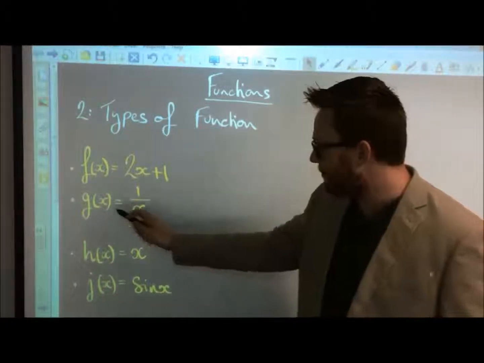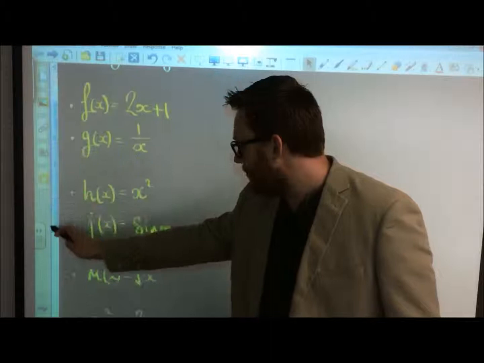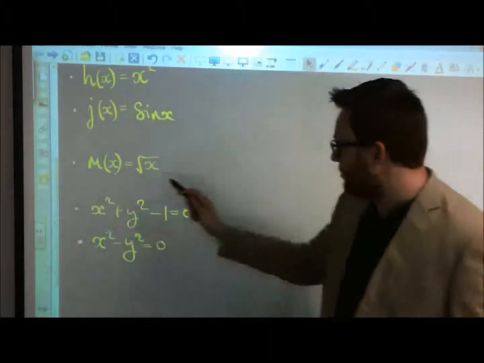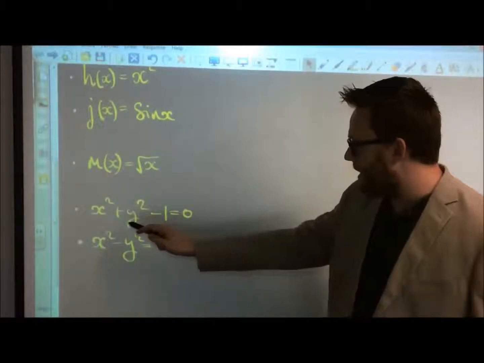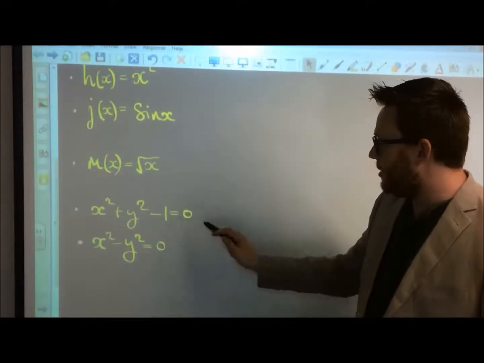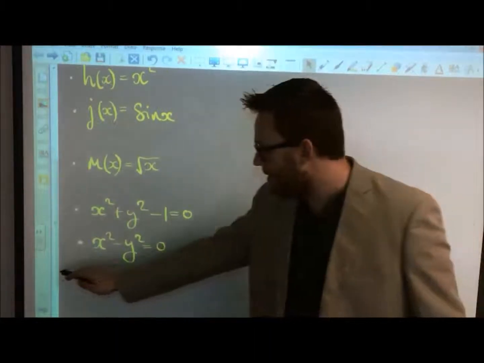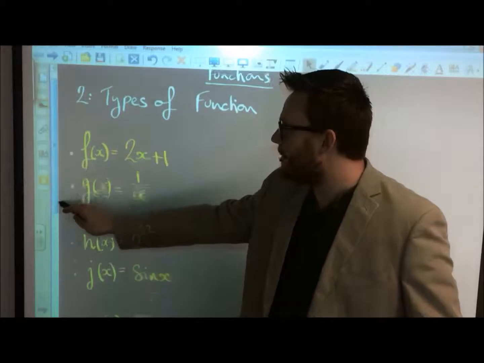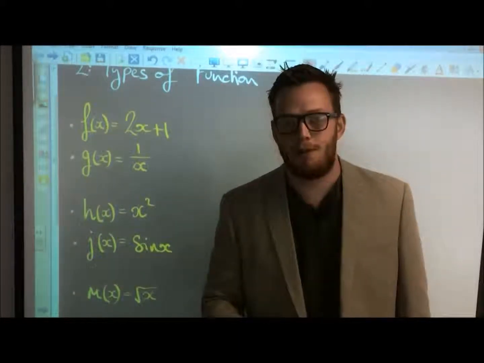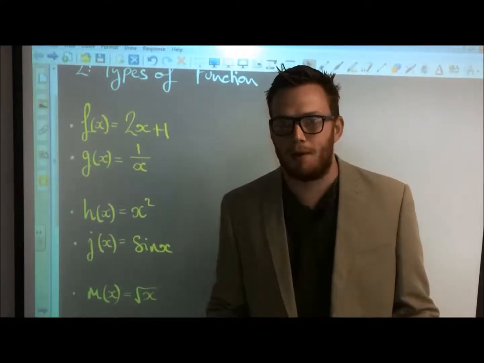We've got 2x plus 1, we've got g of x is 1 over x, we've got x squared, we've got sine x, and then we've got a few weirder ones. We've got root x, and then the last two, x squared plus y squared take 1 is equal to 0, and then x squared minus y squared is equal to 0. So what we're going to do is go through each of these and classify them into different families of functions, and then we'll talk about which ones we're going to be mainly